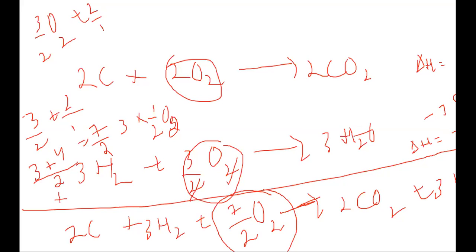Add the enthalpies also. Next, you have to subtract the equation number 1 from this equation. 2 carbon plus 7 by 2